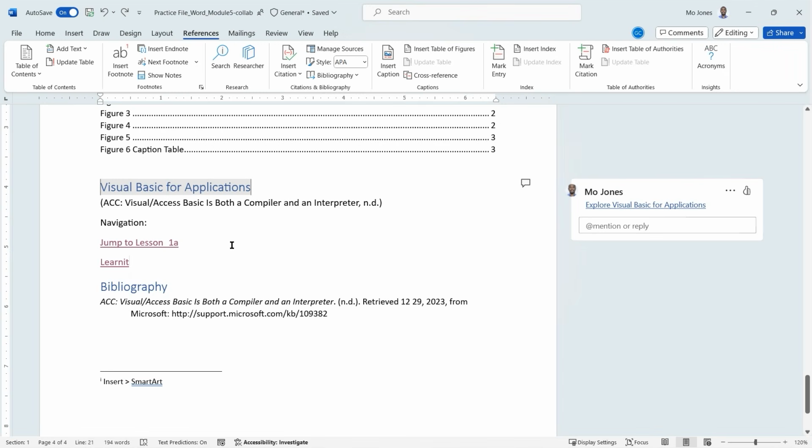So we can see the research tool is pretty robust. Now, traditionally, the way that we would insert a bibliography is first we would need to manage our sources. So under the References tab here, once I click on Manage Sources,